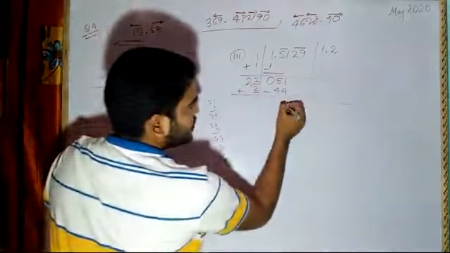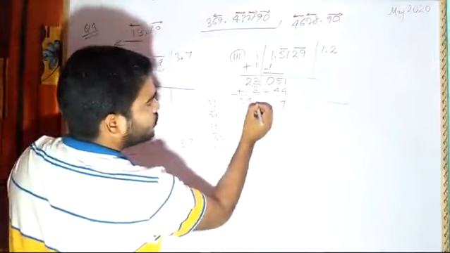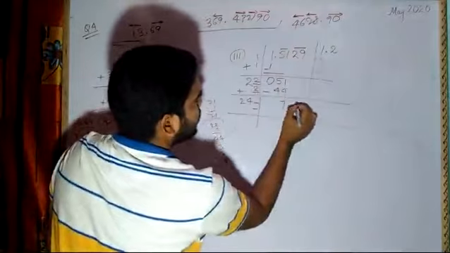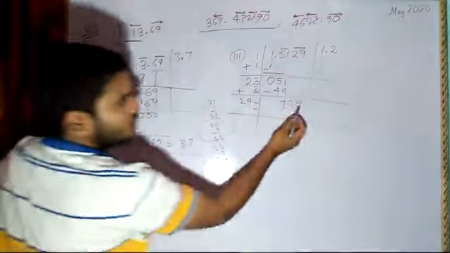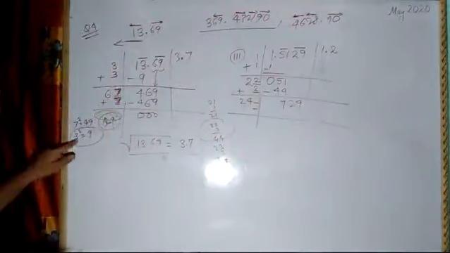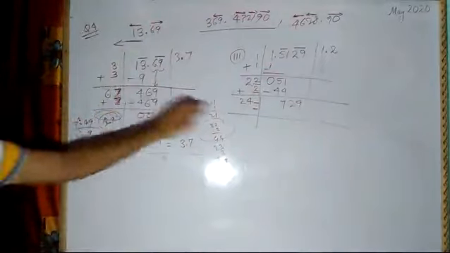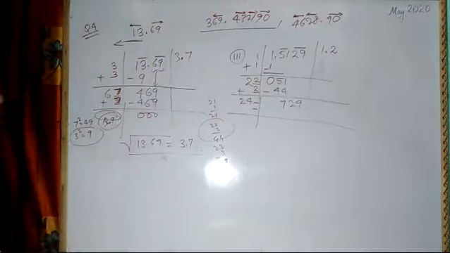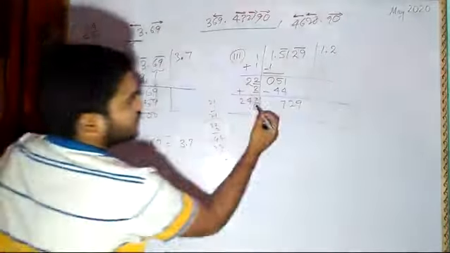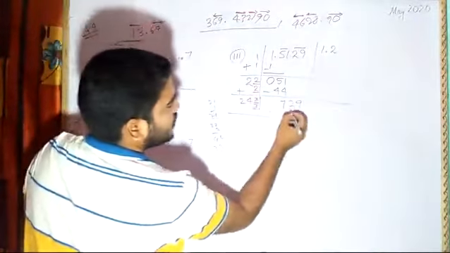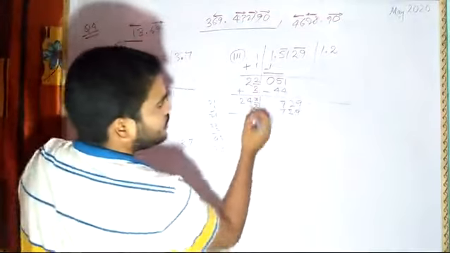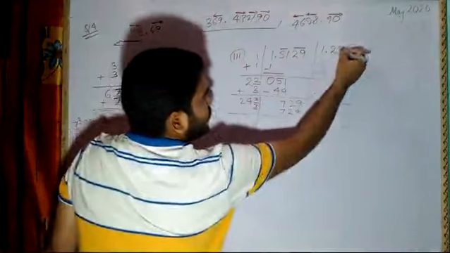So minus means here 7, here 4, 2, blank space. Go here. Then again I will bring 29 here. Now you see again 729. 9 is here. Either I have to put 3 in the unit place or 7, so that I will get this number. So what number should be kept? Let me keep this side 3. Now 3 3s are 9, 4 3s are 12, 3 2s are 6 plus 1, 7. So I got 729. 2 times I wrote here, so I will write 1 time here.